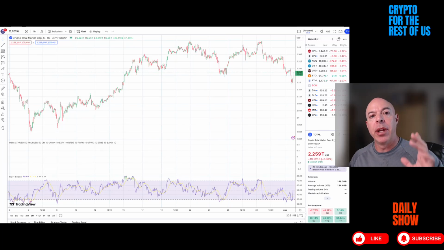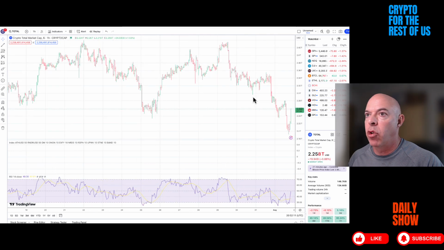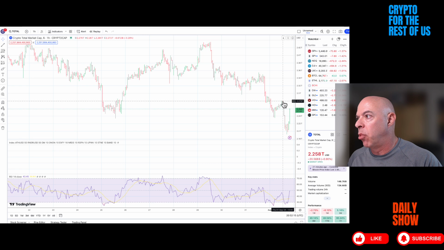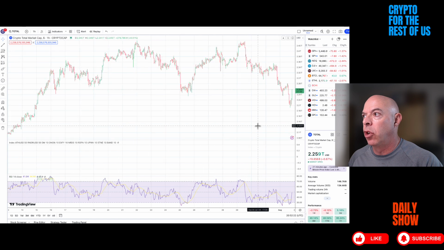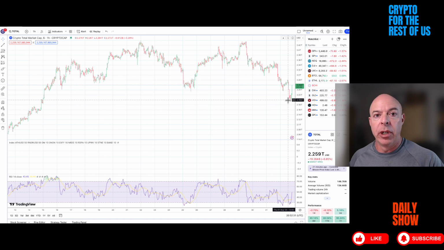What do you do when the market dips and you want to deploy more capital? You want to, what they call, buy the dip and dollar cost average. Well, I look at three things. Yesterday, the market had quite the dip. This is an hourly chart. It went from around 2.28 trillion down to below 2.2 trillion, 2.18 or so. It dropped significantly, and if you look at the consolidation over time, this has been quite choppy and this is a fairly low point. So I personally bought in.